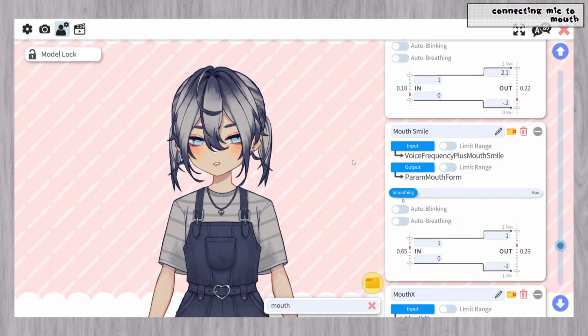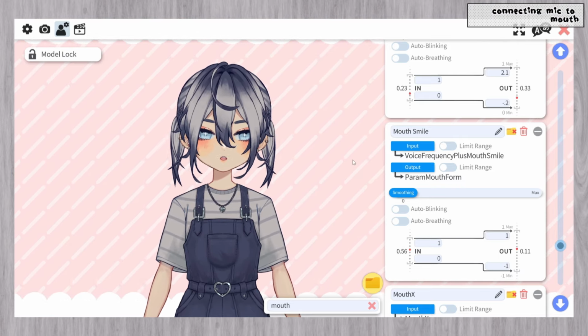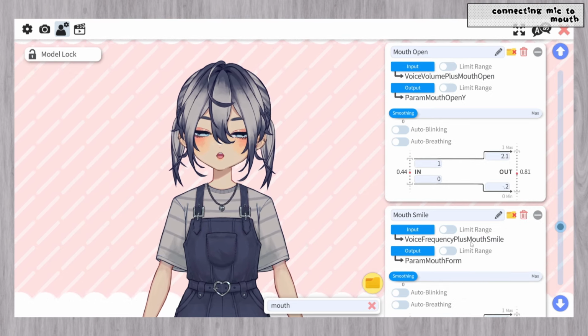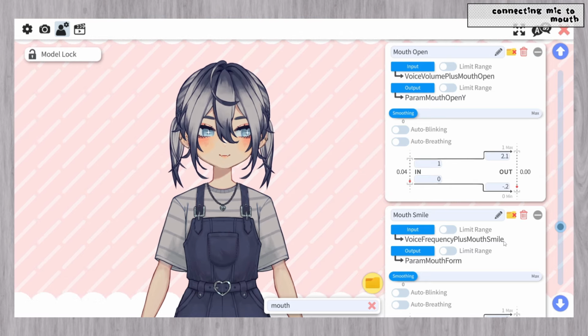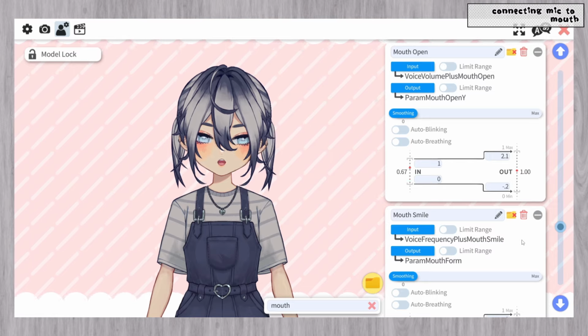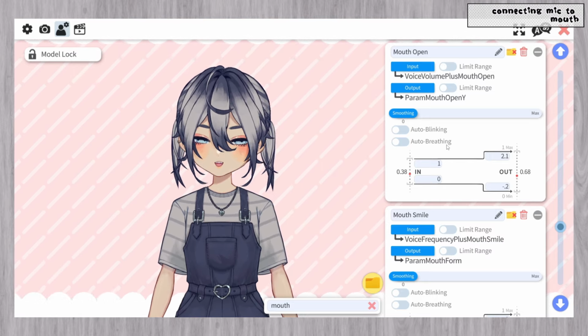Now, you don't have to do all of this microphone stuff if you don't like it. I'm just going to show people who are interested in it and maybe you want to try it out and see if it works for you. But just to explain the inputs a bit, voice volume and voice frequency are going to come from our mic. And then plus mouth open, plus mouth smile just means when our mouth is open, it will still trigger our mouth open on our model, as you can see here. But it's going to look like there's no difference yet because we have not